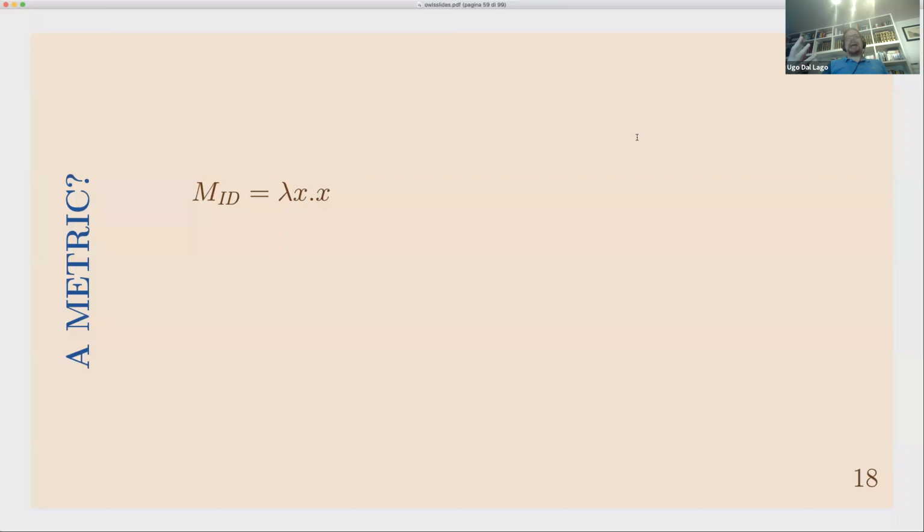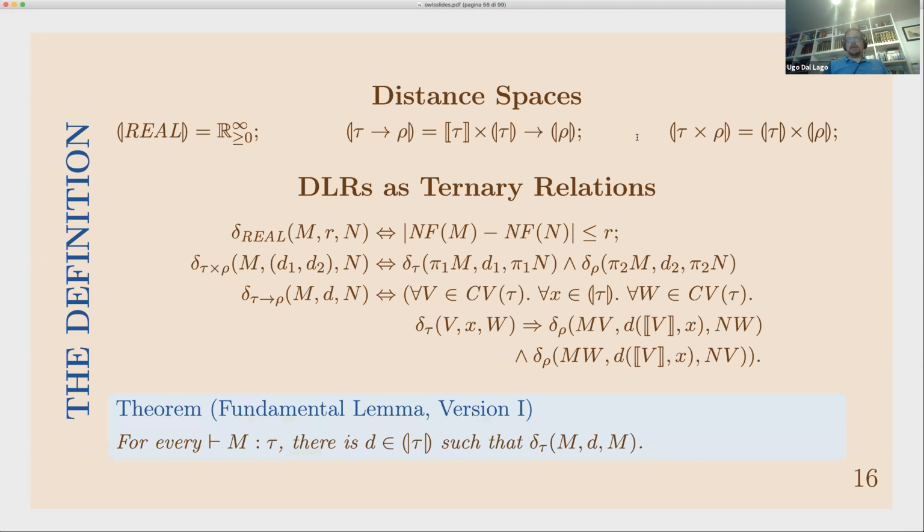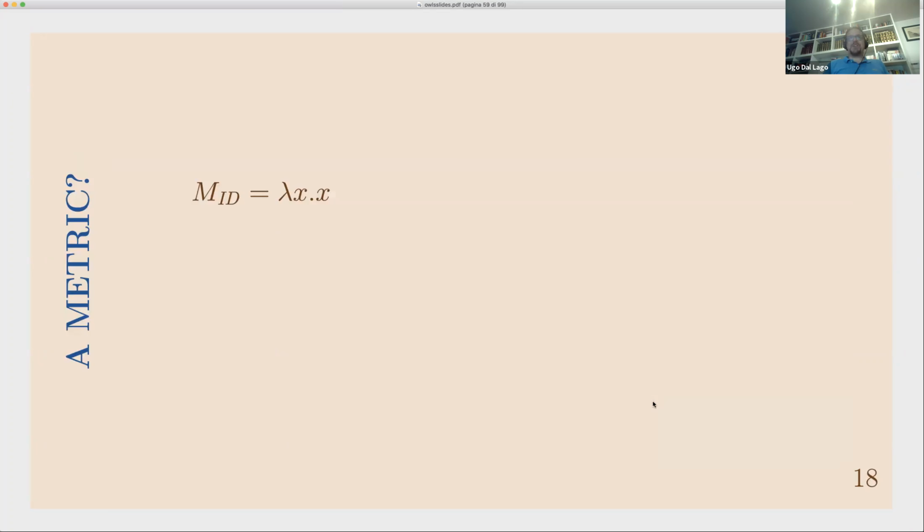But, you know, are we close to something like a metric? You know, even the way we have formulated the fundamental lemma looks a bit weird, right? Because we are just saying that the distance between m and itself exists, but shouldn't it be just zero? You know, as in usual metrics. Actually, no, because if you take this identity, well, the distance in metric logical relations between m_id and itself is of course 0, but the differential